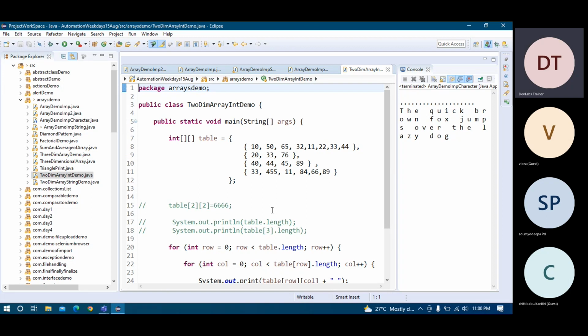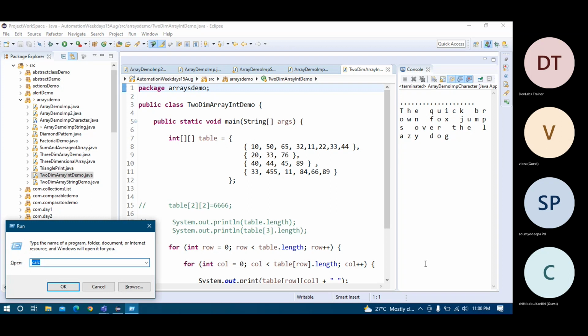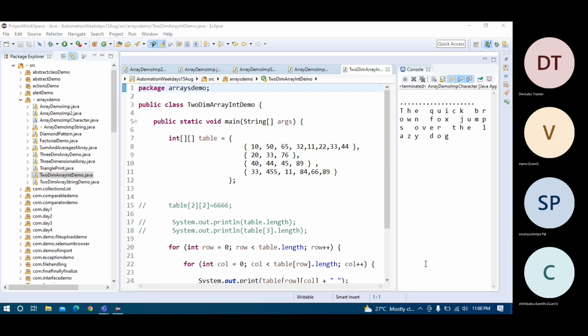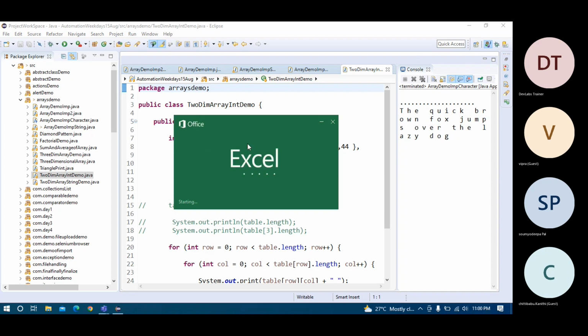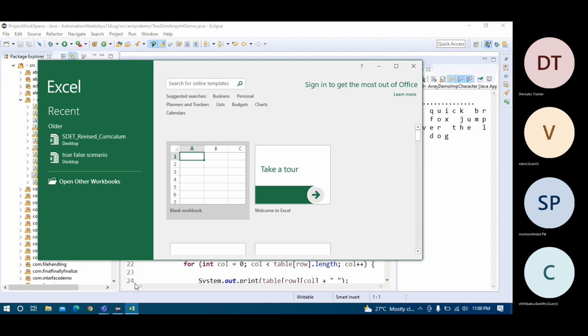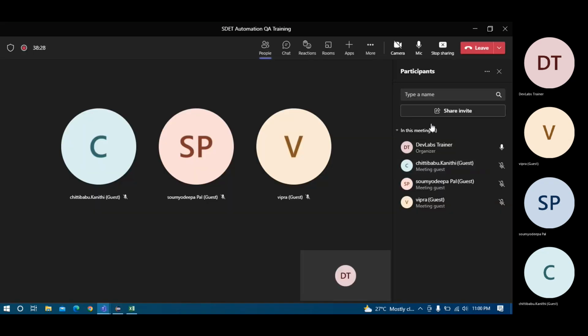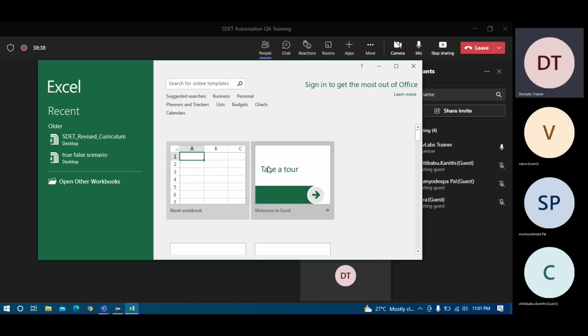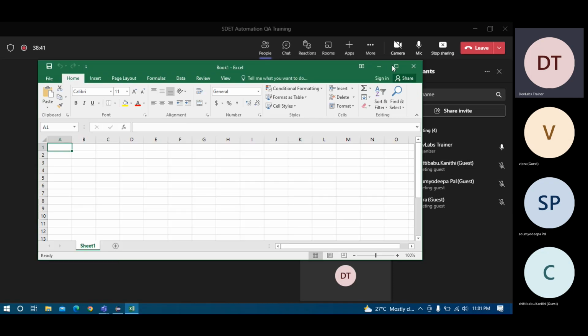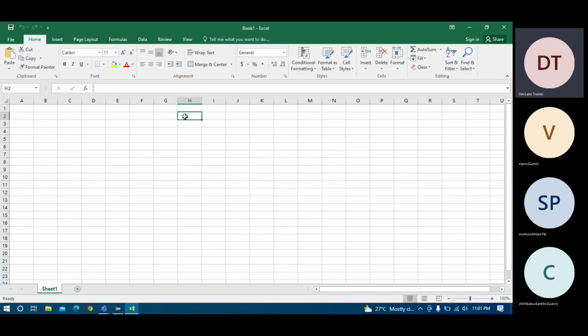Consider that we have an Excel sheet. See, normally a one-dimensional array is a row of cells like this.